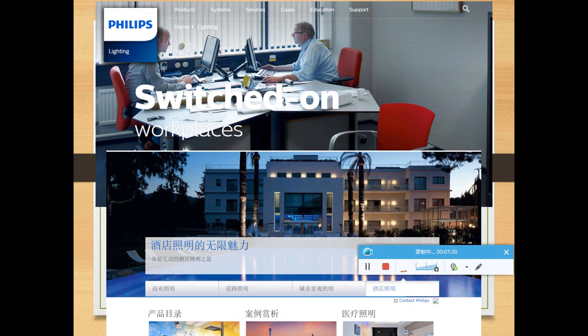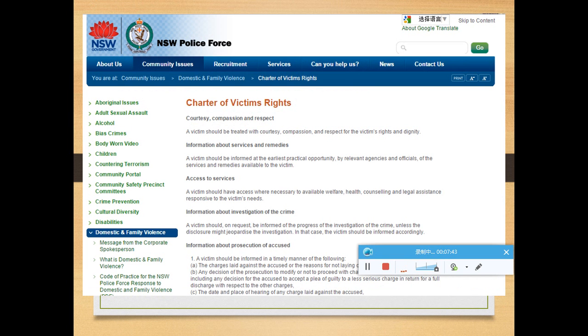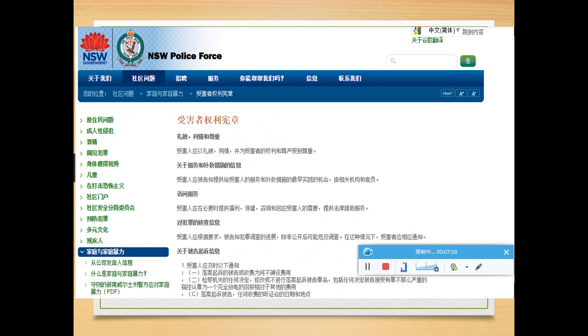Here are some examples of reliable resources. For example, to translate the Philippine lamps, the bilingual official website is really useful. And this one, for the legal translation, due to the type of the text, it is necessary to find some relevant resources from the government website. So you can see this one is the English version and this one is the Chinese version.